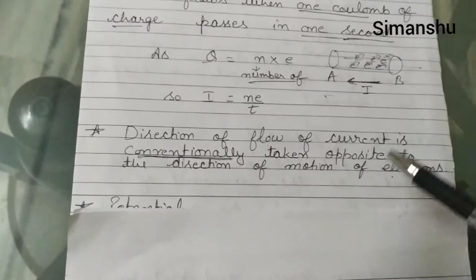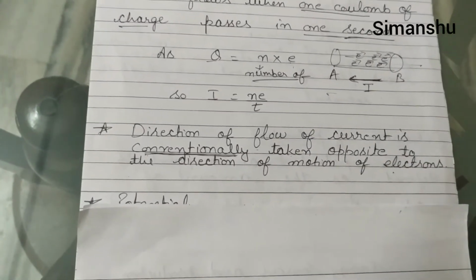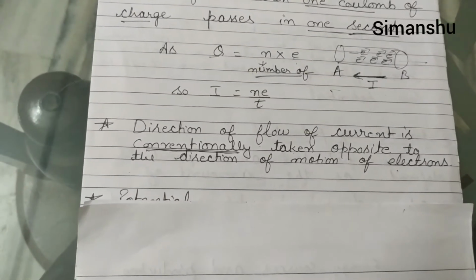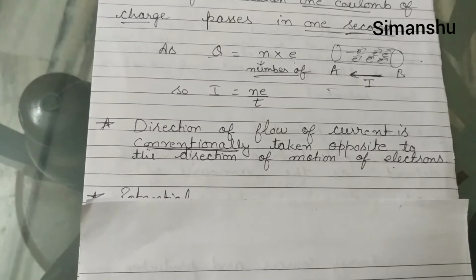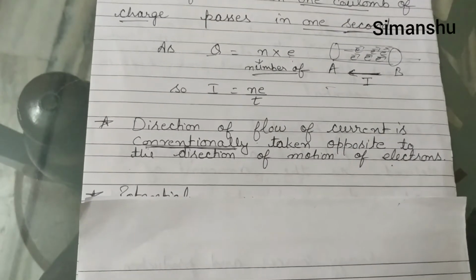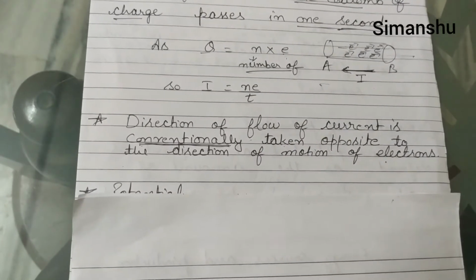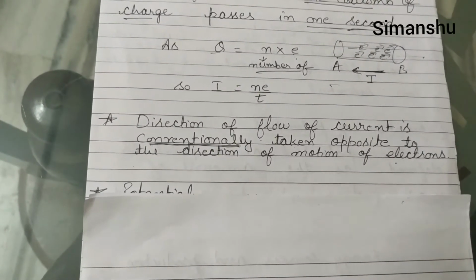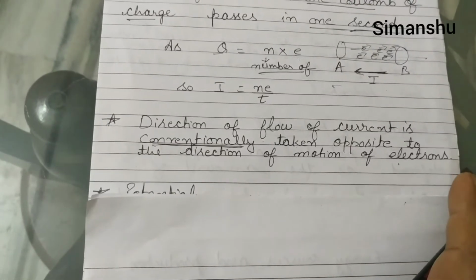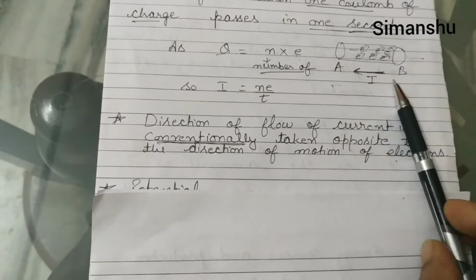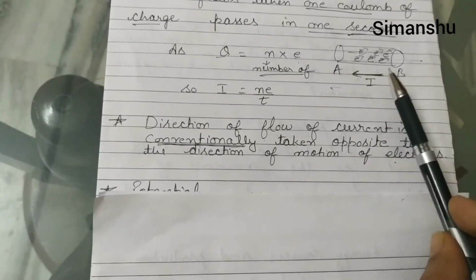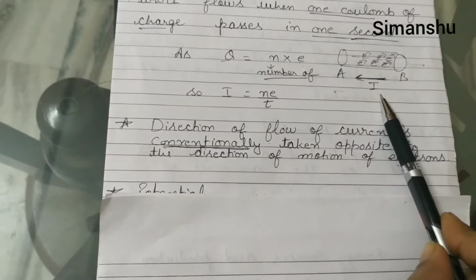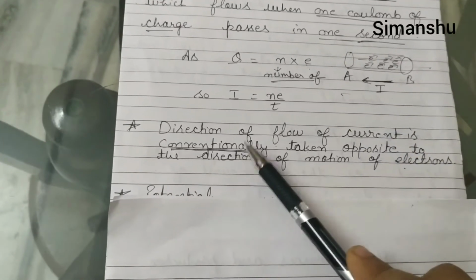Why are we taking it this way? Sometimes students ask me why it is in the opposite direction to the flow of electrons. Actually, we are taking it according to the initial studies, where they dealt with the flow of current with respect to the flow of positive ions. But as we know, positive ions are unable to move. So this direction was prescribed according to the direction of motion of positive ions. But actually the flow of electrons is responsible for the flow of current. I think now this point is clear to you.